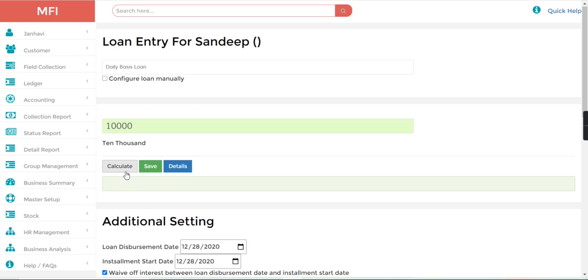Now just calculate. So here you can see 10,000 is principal, 9,800 is the pay because I have set the deduct document charges from principal.